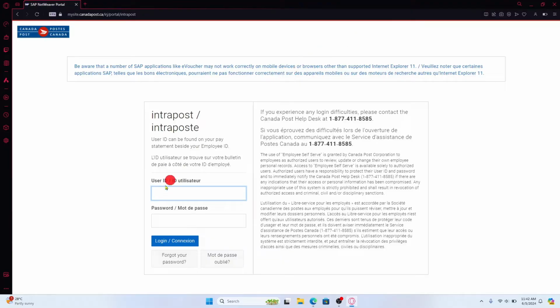login portal. Just type in your user ID that you have set up while creating your account within the user ID box, and then enter your account password underneath within the password section. After entering both of these credentials, click on the login button and you will be logged in to your Intrapost